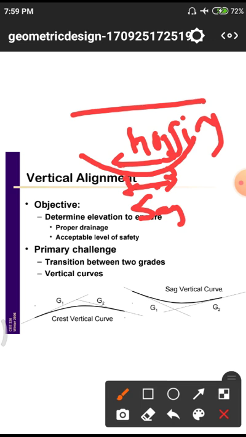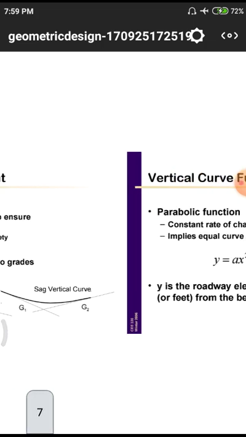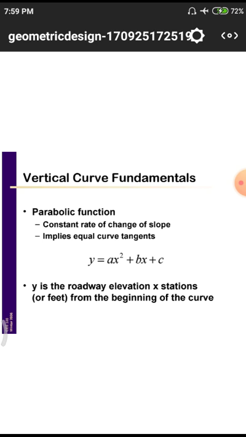We need to know what sag means. Whenever there is an enlargement, we note it as sagging. The compression force, that is, in a particular road where we have some compression, we call hogging. In that curve we have sag vertical curves and after that crest vertical curves, where at the top portion there is some decrement of angles. Next, we have these parabolic functions. What is a parabola?